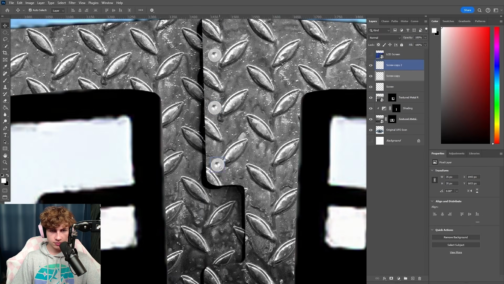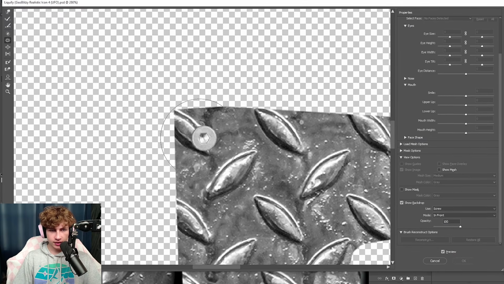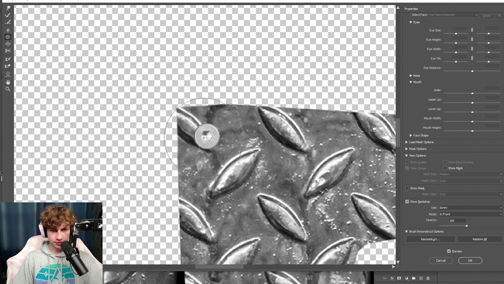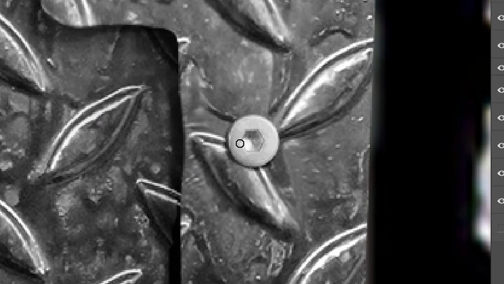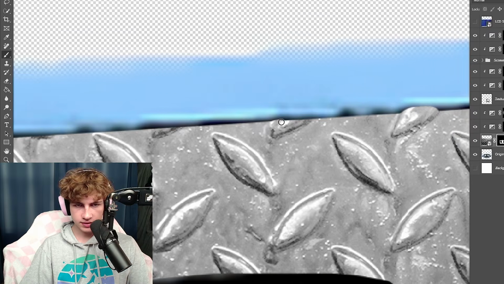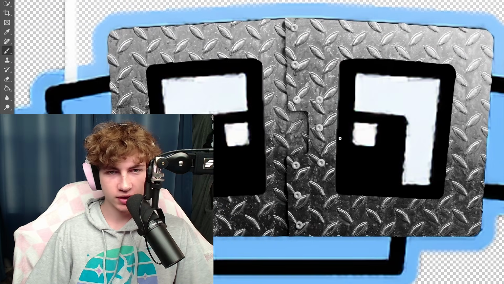So first I'll just place them in where I think they look best. Then using Liquify, I can just cave in the area around them to make it look like the screw actually did something. Add highlights to the screws, add highlights to the other metal, add some depth to the edges. Now we have a pretty realistic looking set of metal sheets here, but we do need to add in the